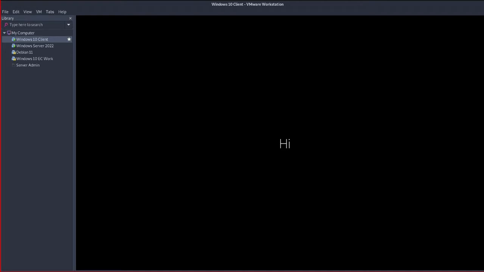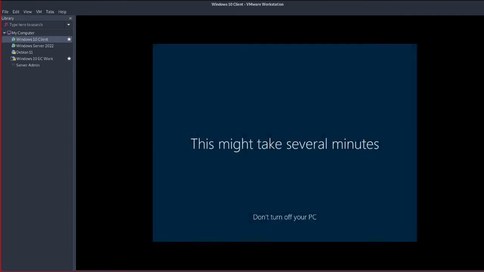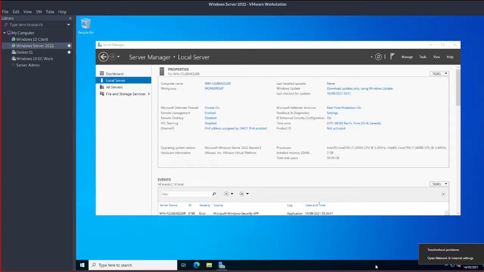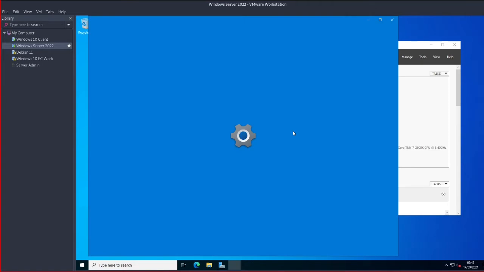Here we go. So this is the out-of-box experience, the first time boot of Windows 10. So I'll just let that run in the background, telling you how wonderful it's going to be when you first turn on your laptop. And let's go over to our Windows server and let's assign this a static IP address. So let's open Network and Internet Settings. And I'm just going to take a note on a pen of the address that I assign this